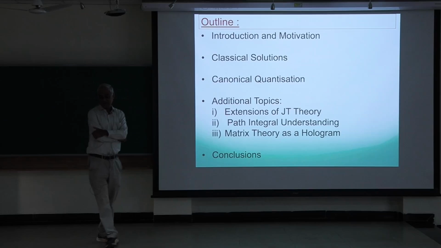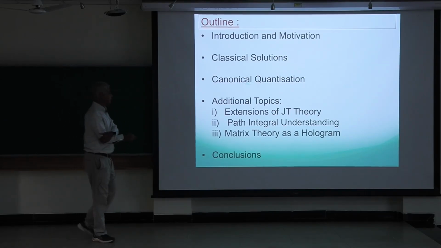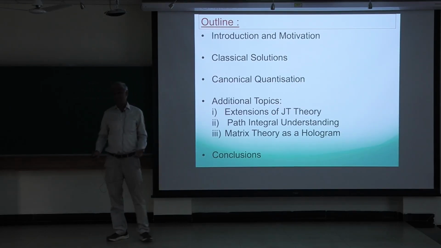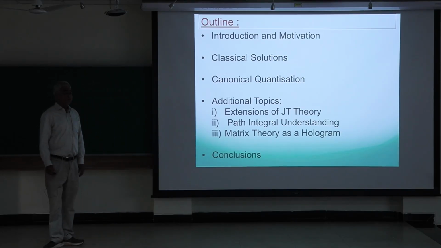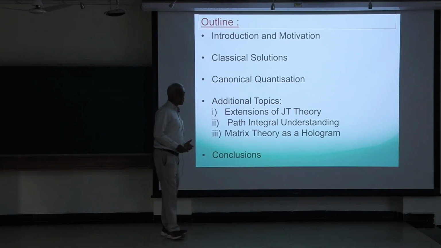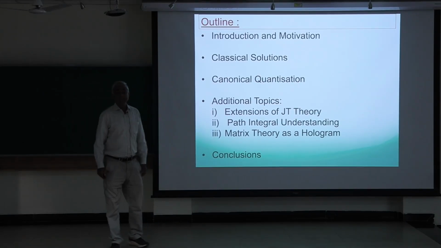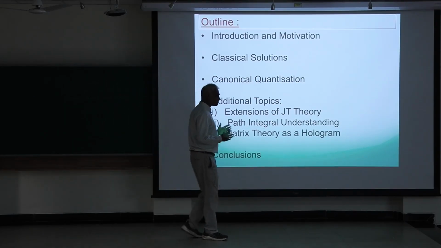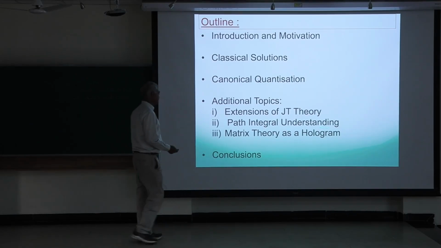What we learn in canonical quantization is that there are actually an infinite number of physical states in this system. One of the states in particular is very well understood through path integral means, which is the Hartle-Hawking state. The other states are not so well understood, but we'll see for some class of them at least we get a somewhat limited but still very useful understanding through path integral techniques.